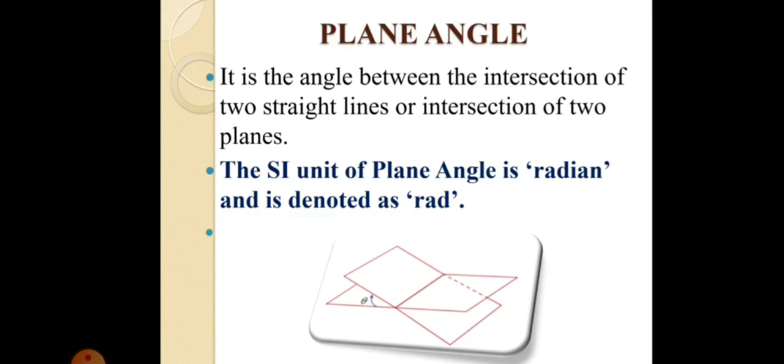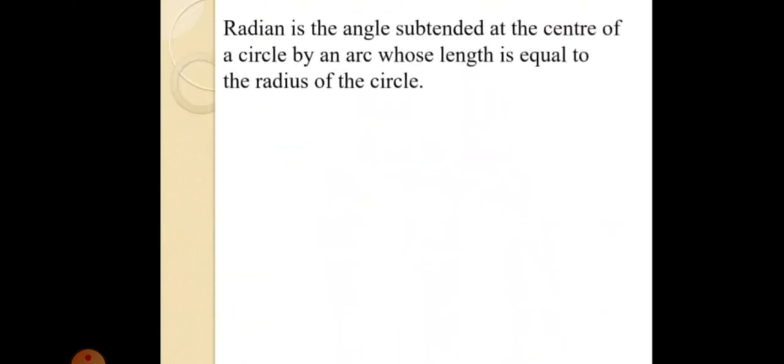So the SI unit of plane angle is what? The SI unit of plane angle is radian and it is denoted by rad. So what is the unit for measuring this plane angle? That only we are going to discuss. Radian is a unit for measuring the angles that we mainly use in trigonometry. We use it instead of degrees, whereas a full circle is 360 degrees, a full circle is about 6 radians.